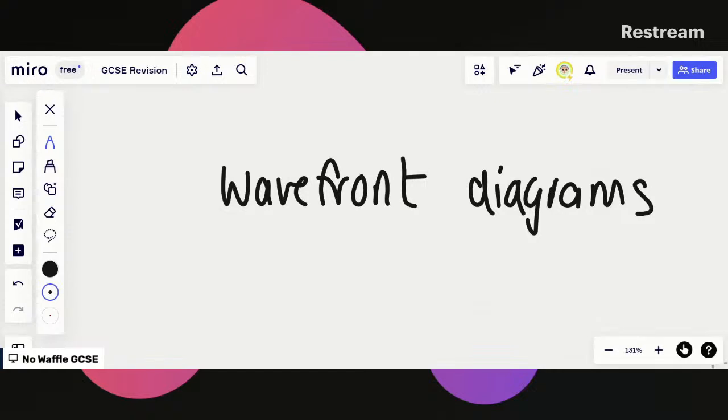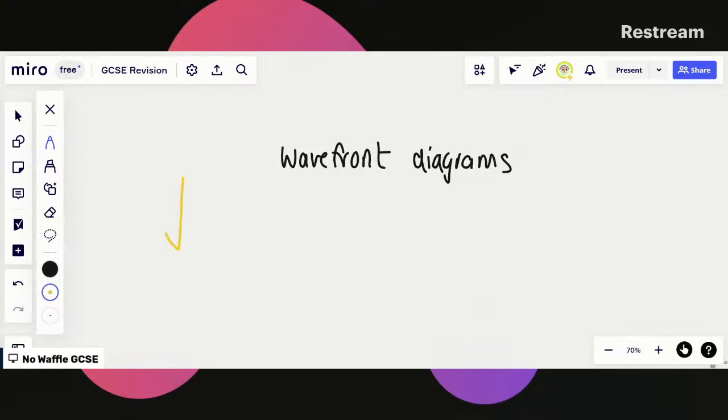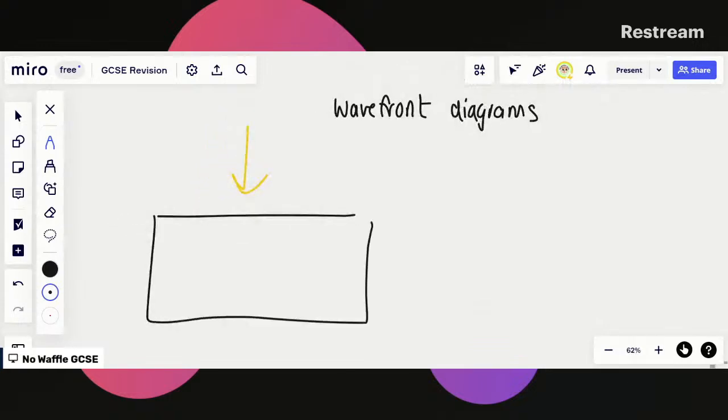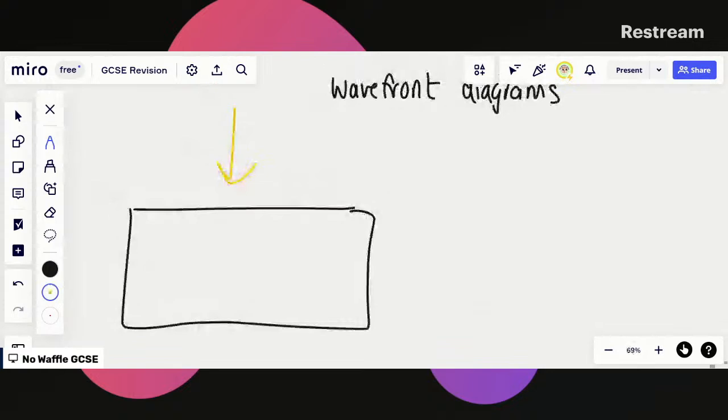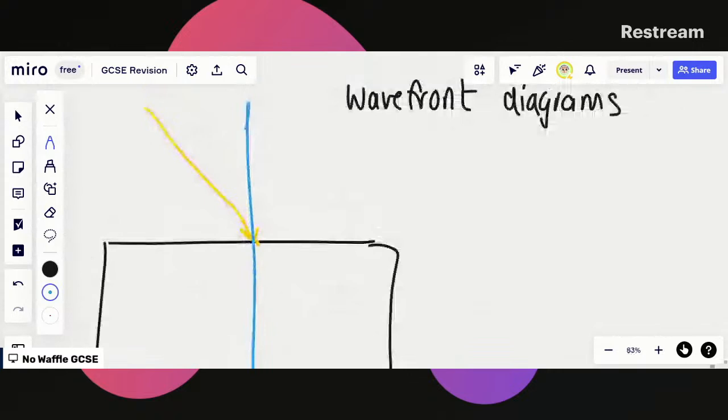Okay, so as you know, when a wave crosses any boundary between materials, it always changes direction, and that's called refraction. So, for example, if you had incoming light, and it met a boundary, then what would happen is, obviously, if this material was transparent, and let's assume the material is transparent, then what would happen is the angle at which it comes at, and then if we were to draw a normal, which is this imaginary perpendicular line,